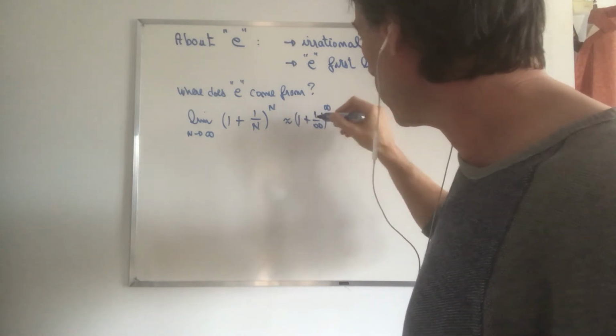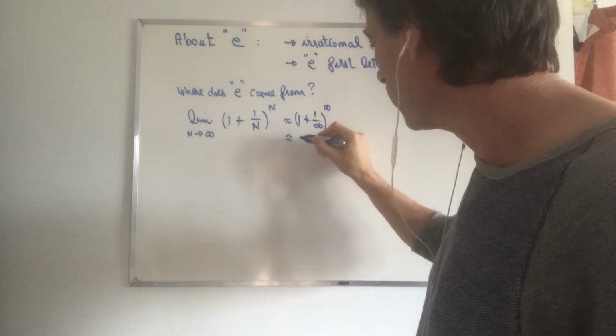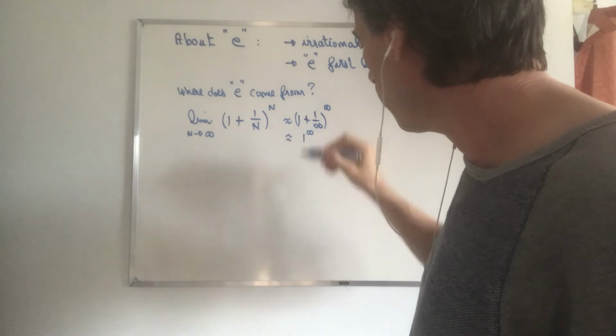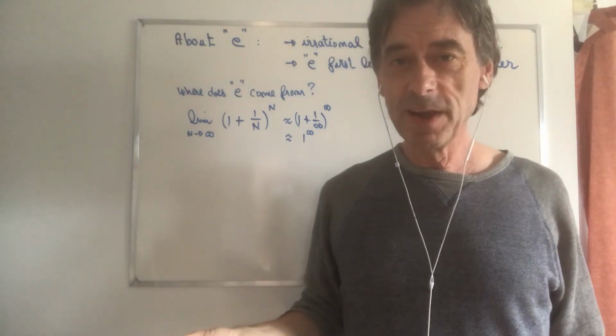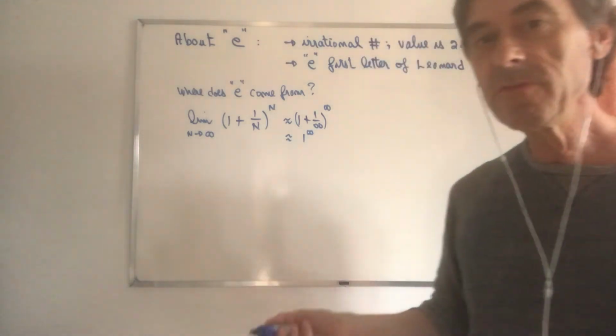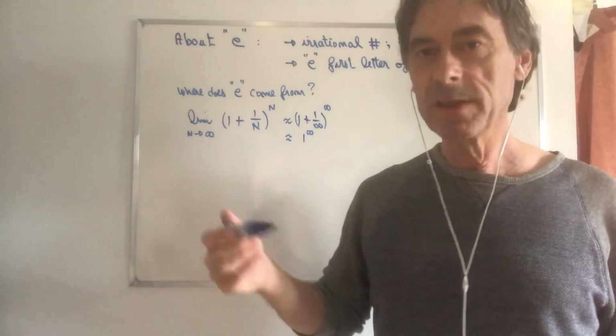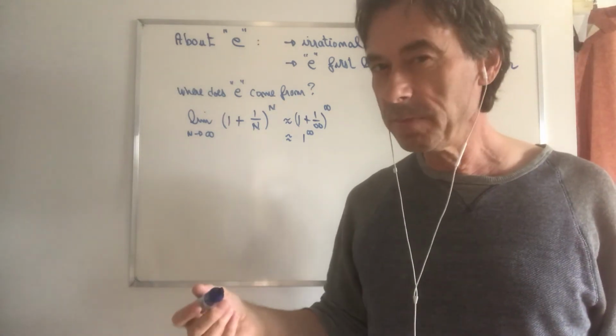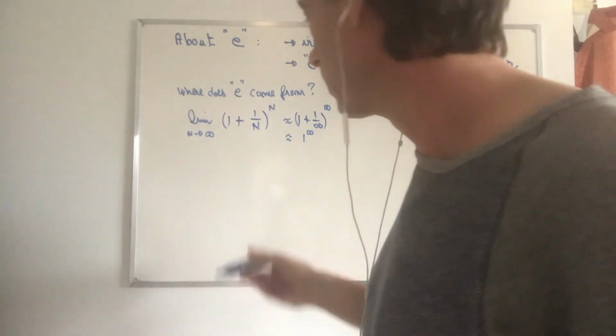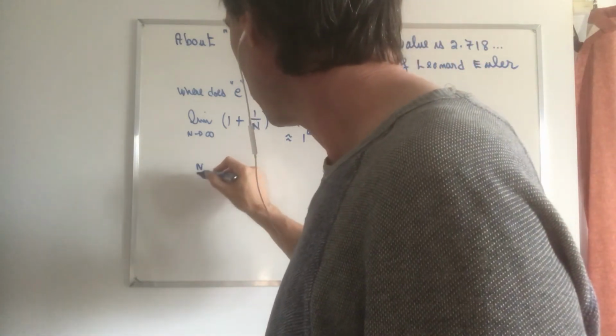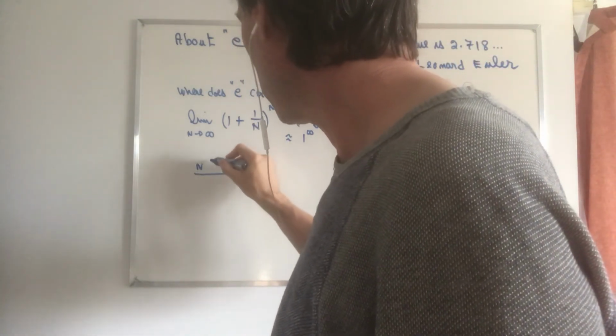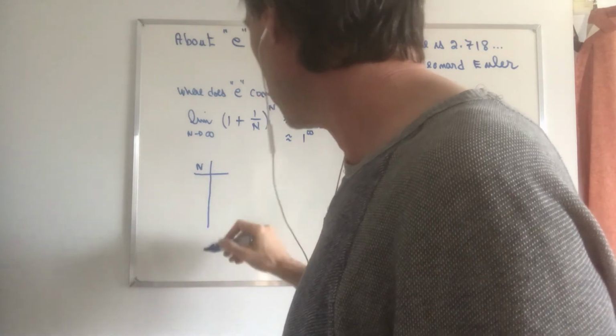Now we all know that 1 over infinity is 0, so that should be 1 to the infinity, which can be interpreted at a very naive level as 1 times 1 times 1 times 1 forever. So shouldn't it be 1? It actually isn't. Because if you make a table, and that's pretty much what Euler did with his students,